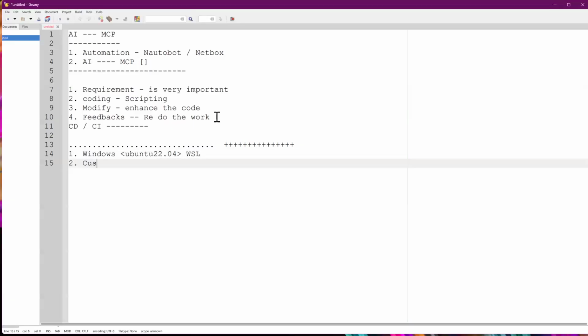Then second thing, you need the Cursor editor. It's very much important because we are going to do all the coding with Cursor. And then you need Autobot. Later on, we'll work on Netbox as well. But at the moment, Autobot. You need to install Autobot in your